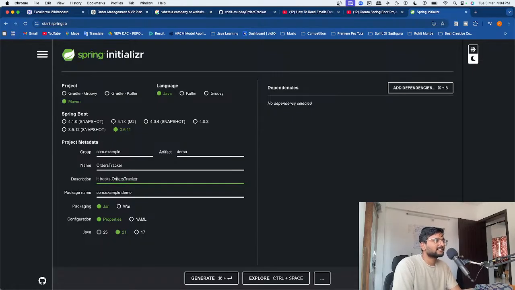it tracks multiple online, multiple shipping orders. Example, orders tracker ही चाहिए अपने को।